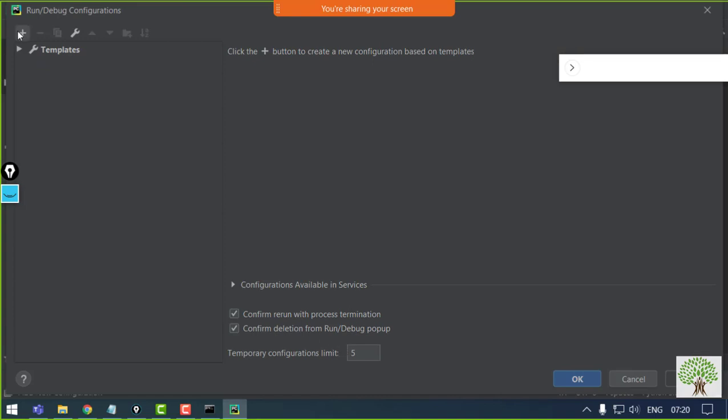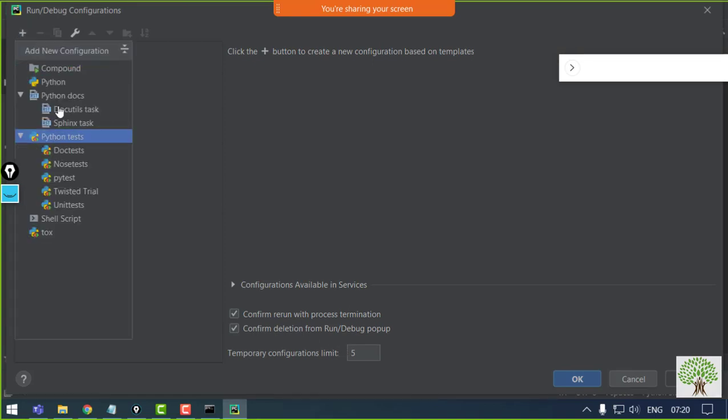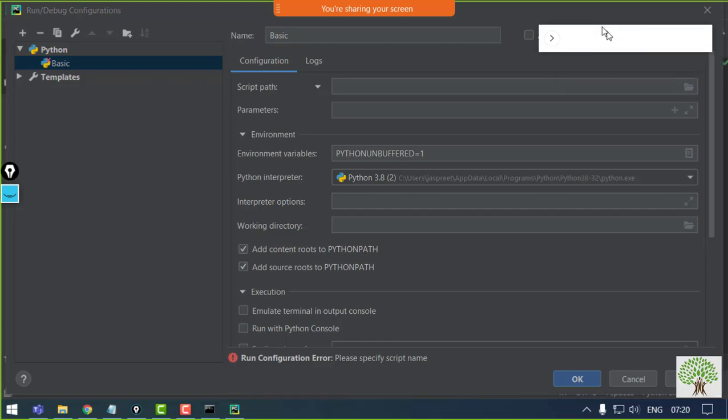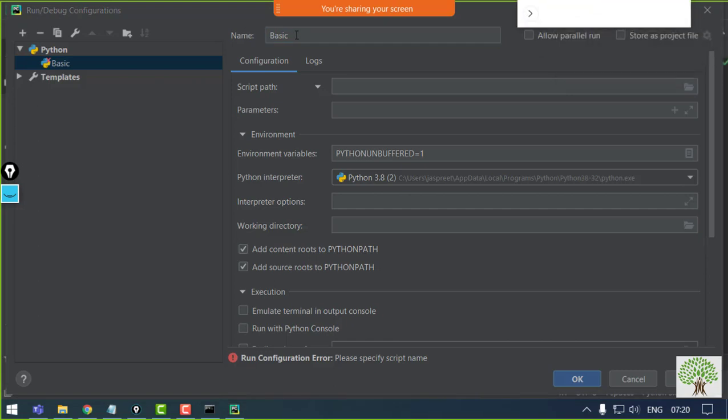You need to click on this plus Python, and now it will ask you the name of the configuration you want to give. If you are creating a number of configurations, then it's requested to give the same name as the script which you are going to run in that particular configuration. Okay, so I'm going to run basic using this configuration, so I've named it basic.